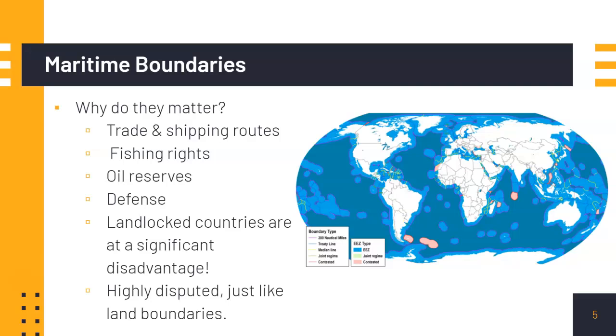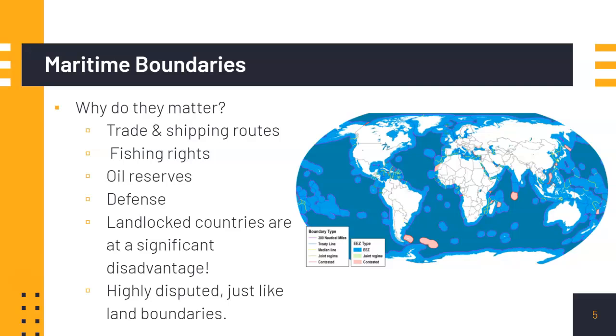Maritime boundaries are also important for defense and national security. A nation's ability to protect its coastline and offshore territories is vital for defensive purposes. Control over surrounding waters allows for better monitoring of naval traffic, preventing unauthorized access to a country's waters. This is especially important in regions where military activity or potential threats exist.